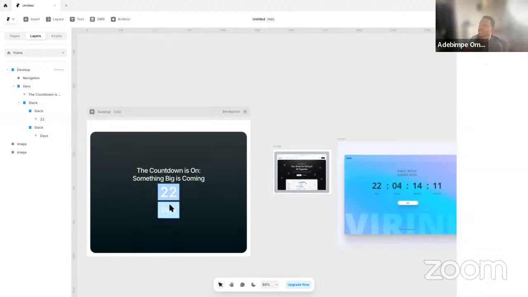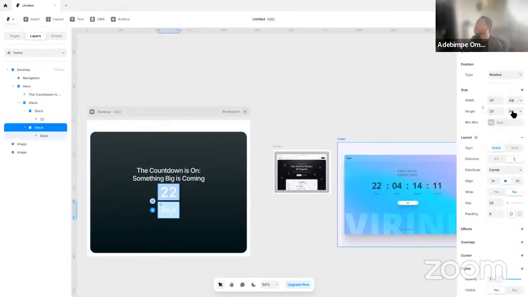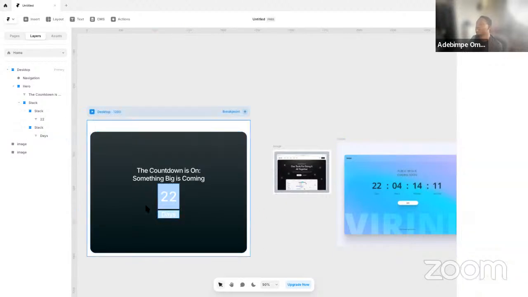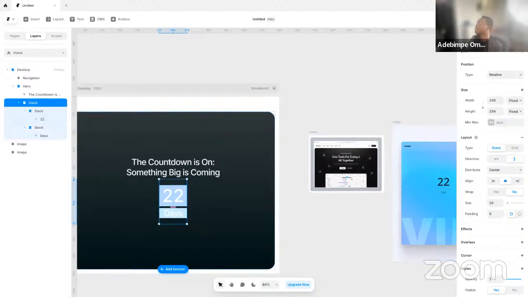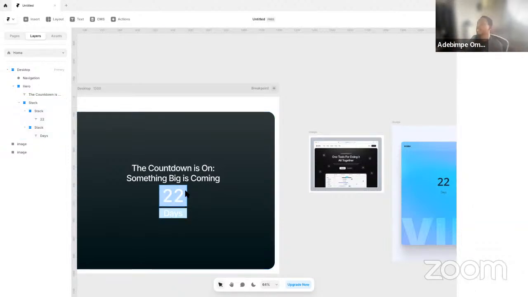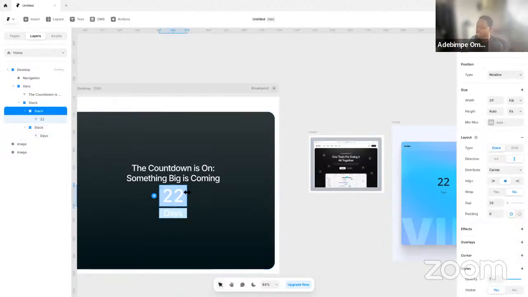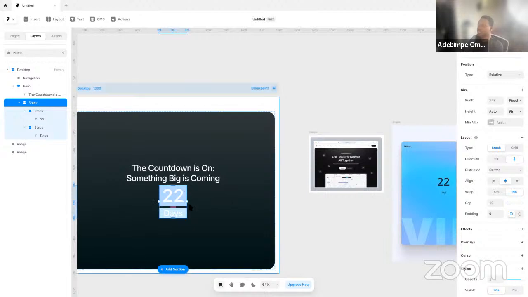All right. So I'm going to select this, change this one from fill container to fit content, and it should be somewhere like this. Same with this. I'm going to take this and change it to fit content. And then for the stack, I'm going to select this and change it to fit content because that's what I actually want. So now that I have that going for me, I can literally take all this one all the way, duplicate it now,